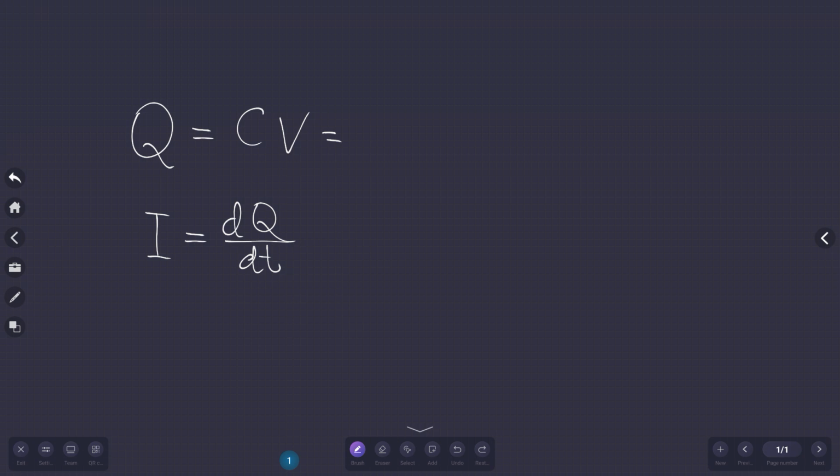So C, and then I'm applying a frequency dependent voltage, V0 exponential j omega t. So my voltage has an amplitude and the phase that is changing with frequency. So if I calculate dq/dt,